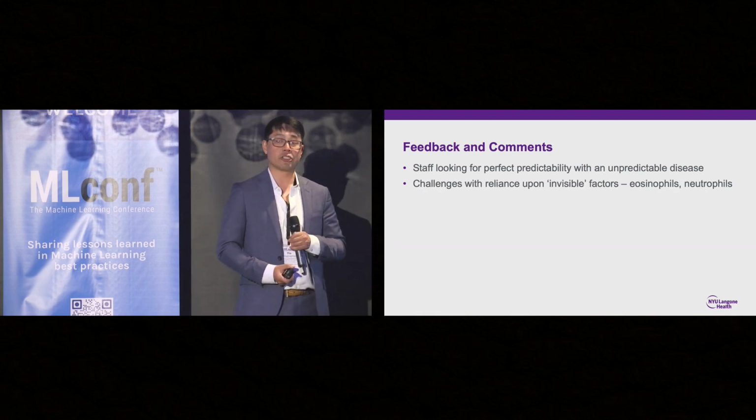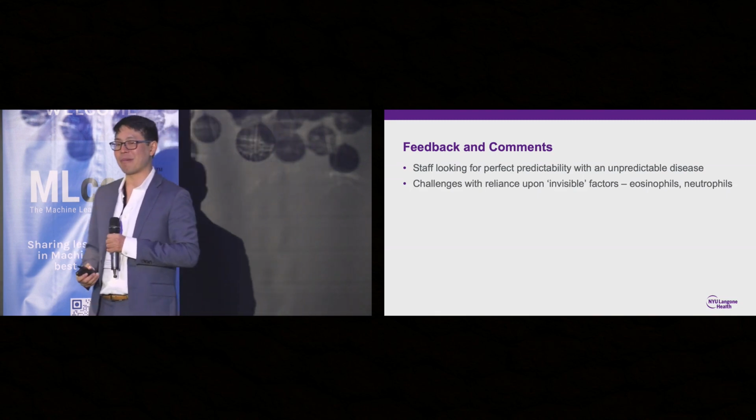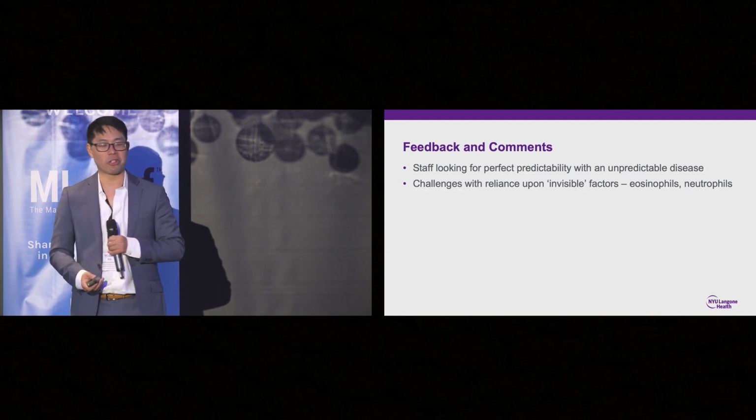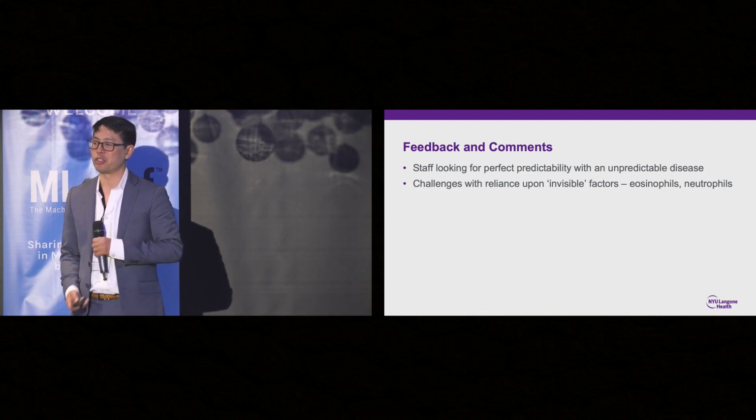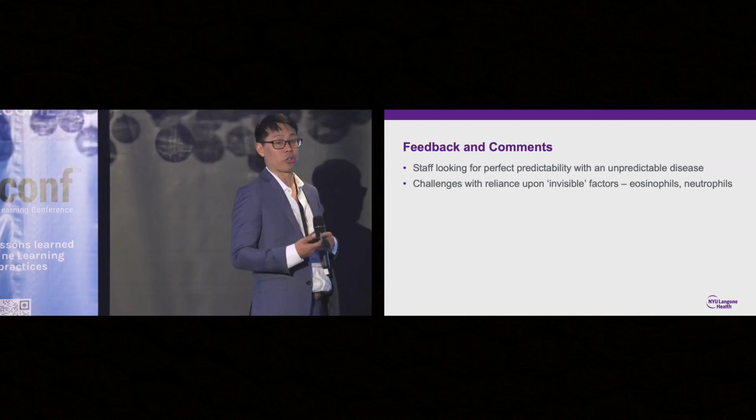There's a real challenge with reliance on invisible factors, right? So the nurses might go to the bedside and say, you know what, this patient doesn't look that bad. I see they're on room air, but the eosinophils and neutrophils seem to be elevated, but I don't really see anything. And the thing is, those eosinophils and neutrophils, which are white blood cells, might be leading indicators that something is going on internally, for which they might have an event in the next 12 hours or 24 hours. And so how do you reconcile what you see, right, as a human, with what the model is telling you, of which some of those internal things they're telling you are things that you can't actually assess? And so that's something that we're continuing to work through as to how you